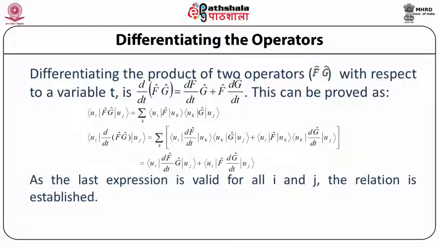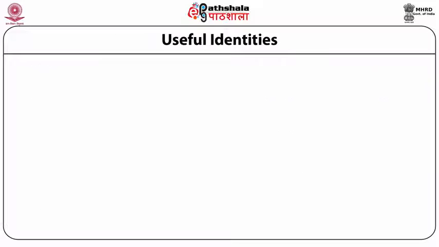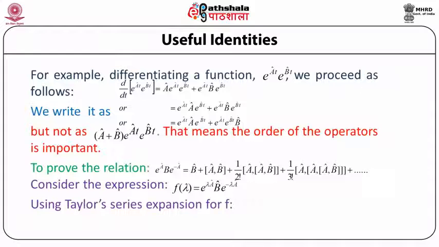For example, differentiating a function e to the power operator a times t, e to the power operator b times t, we will proceed as follows. Useful identities. Now, for example, if we want to differentiate a function, then let us consider the following case. Differentiating a function e to the power operator a times t, e to the power operator b times t, we will proceed as follows. We write this as d by dt within brackets